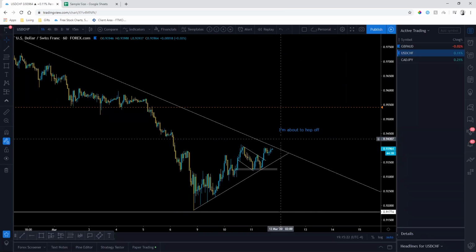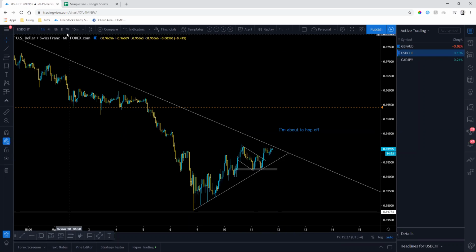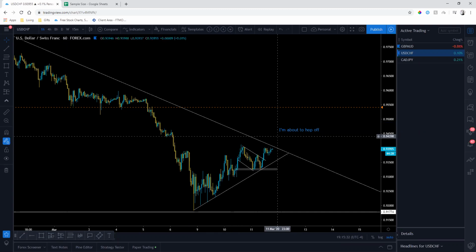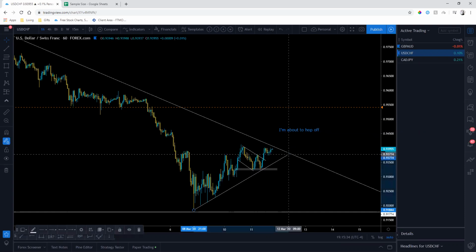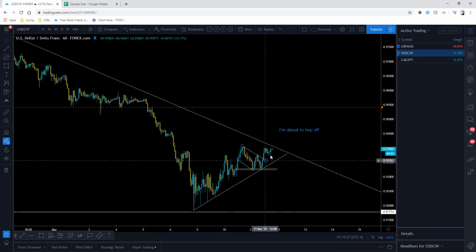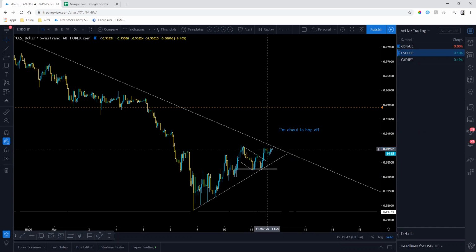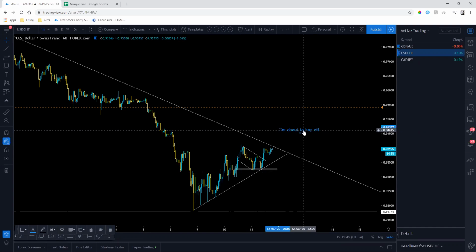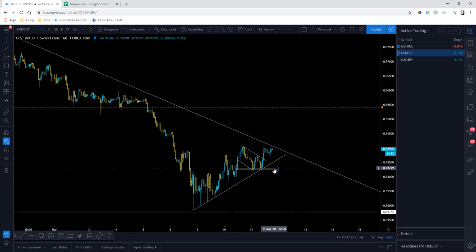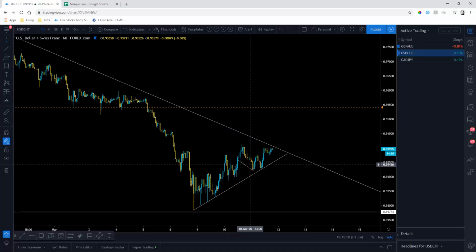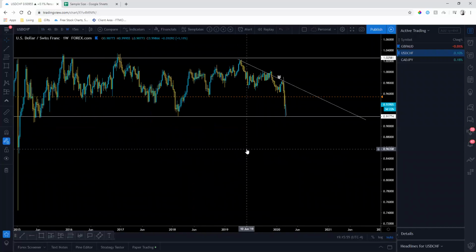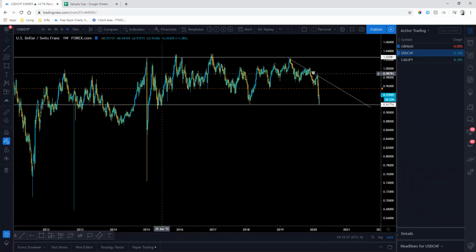All right. So now we're gonna get into the next setups. Chef, I'm biased towards buying because I really want this to break this trend line. Because that's my mindset right now, I'm not going to take any action on this as it's below this trend line or above this trend line here. So I'm going to wait for a break in either direction, then wait for a correction after that, and look for that move. Right? And the reason I'm biased for a buy is because on our weekly time frame, we've got price